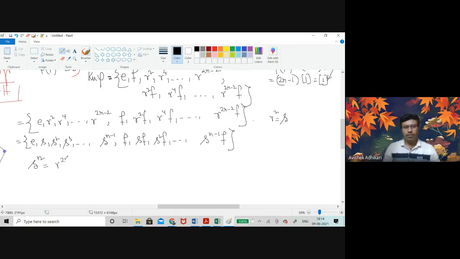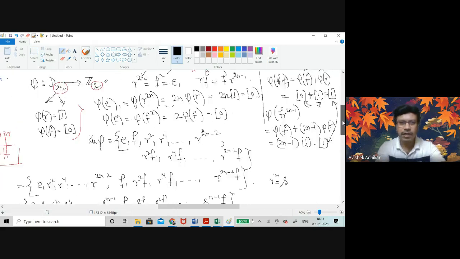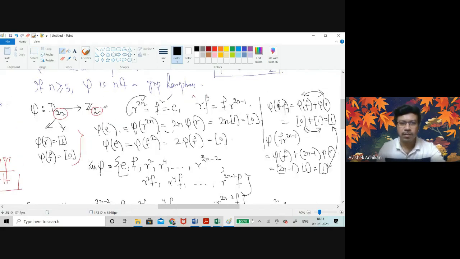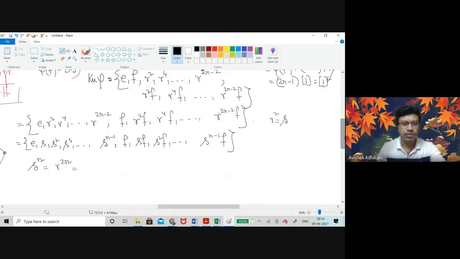S to the power n is R to the power 2n. What is R to the power 2n? Initially we have written R to the power 2n was my e. So this is my e. F square is already there in my previous, so f square is equal to e. Now what is the relation between sf and